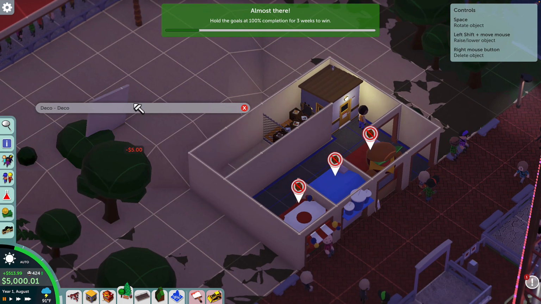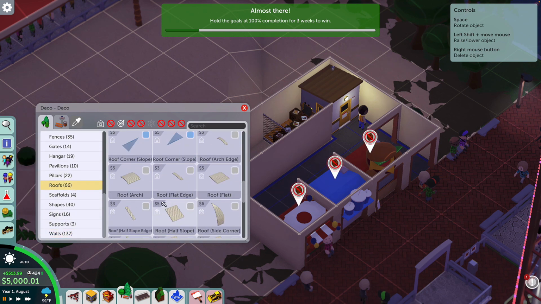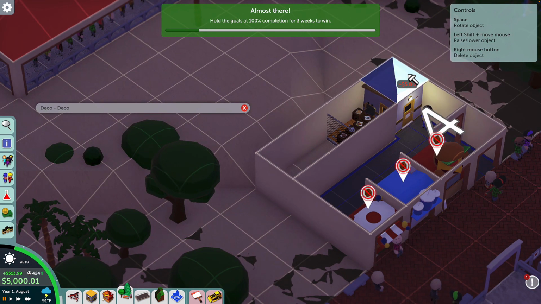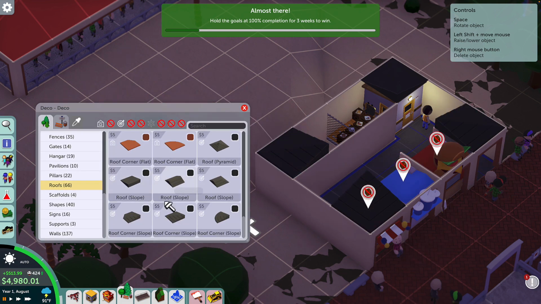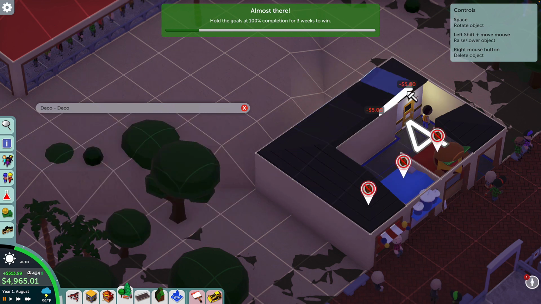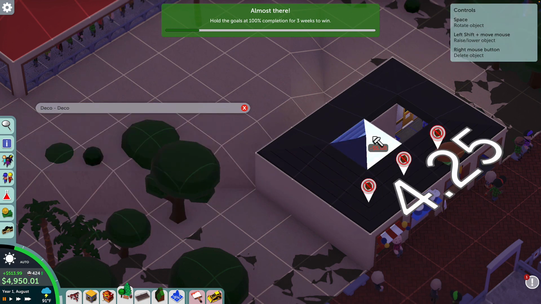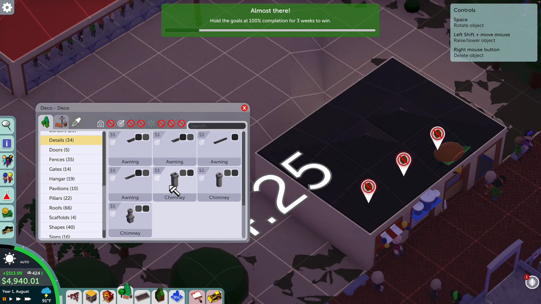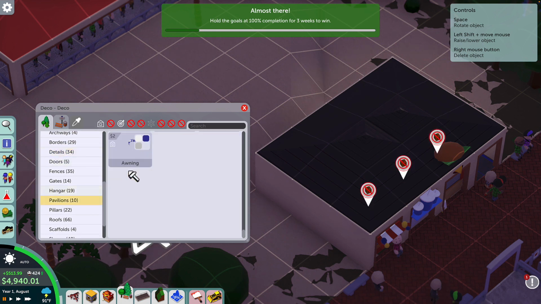Alright, I need to get rid of that tree. And then as far as roofs go, we hopefully are just about ready to win, so I'm not going to go crazy. We're just going to cheap out and go with these roofs. And yeah, we're just going to add 2 points on there. Cool. And then we're going to go to unnecessary details, or maybe we'll go to the pavilions here